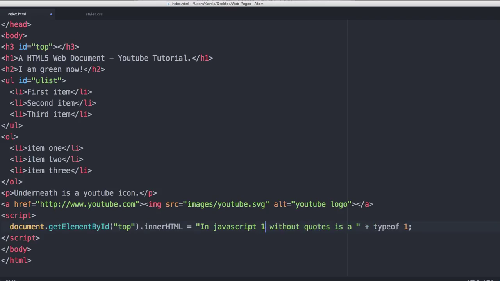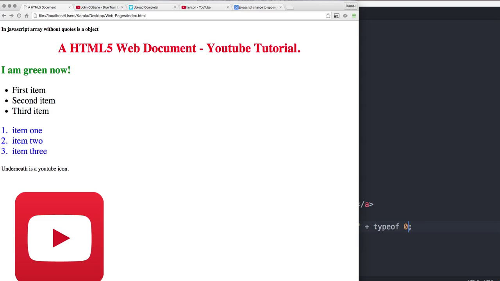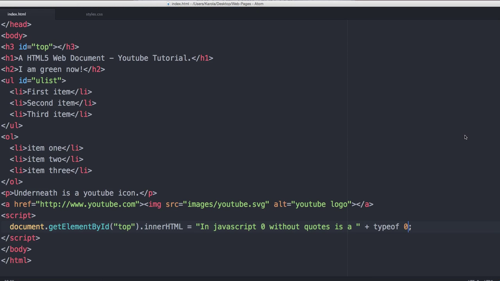And as is one, or I've done one before, I'll do 0. So in JavaScript, 0 is also defined as a number. Right. So yeah, types in JavaScript are important, and learning them is something that